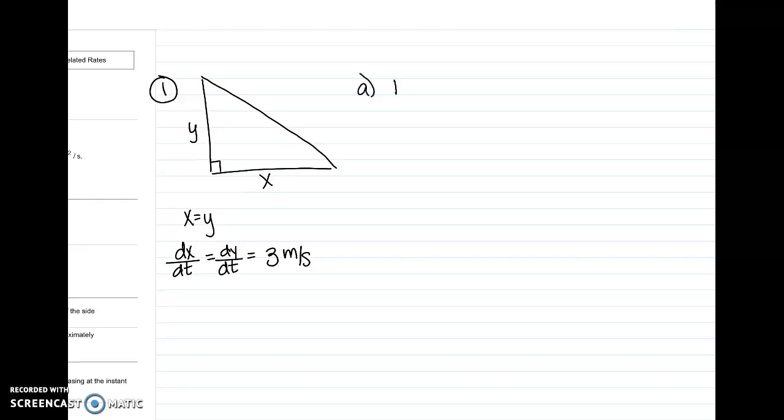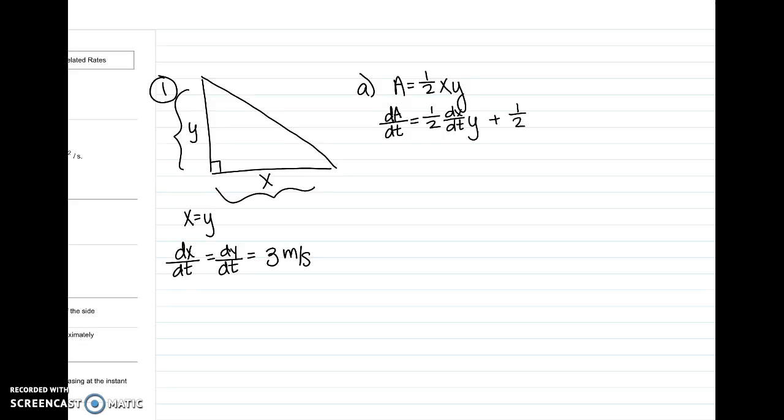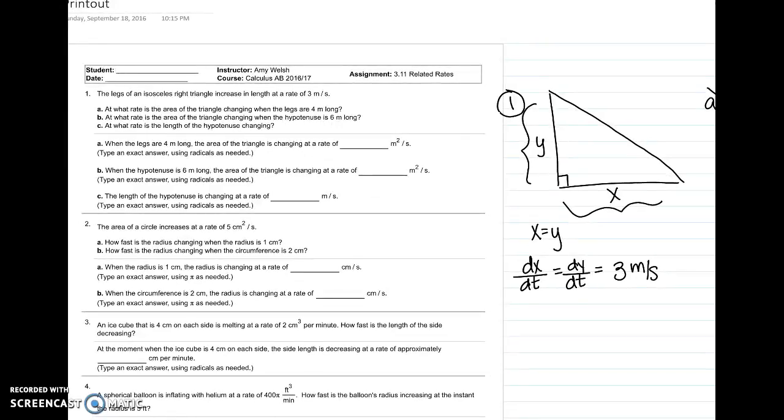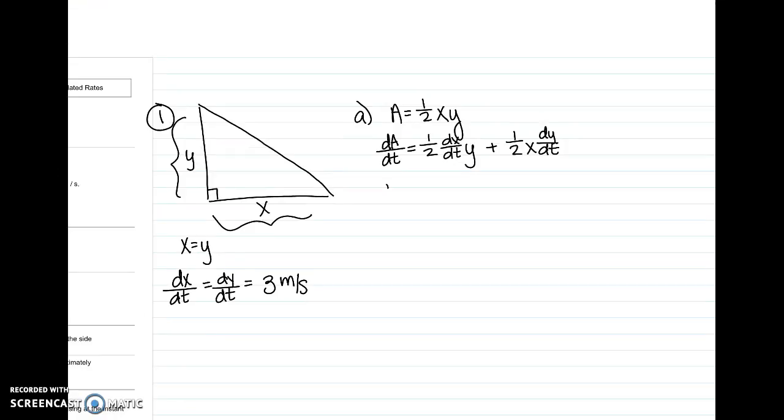Okay, so we have area of a triangle. Since this is an isosceles right triangle, instead of 1/2 base times height, we have 1/2 x times y, since x is the base, y is the height. So rate of change of area, we've got to do a product rule. We'd have 1/2 dx/dt, keep the y, plus 1/2 x dy/dt. And they want to know what is the rate of change of area when the legs are 4 meters long. Okay, so we want to know what is dA/dt if dx/dt is 3